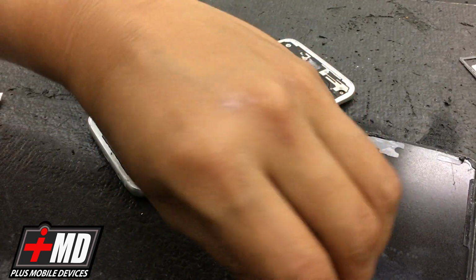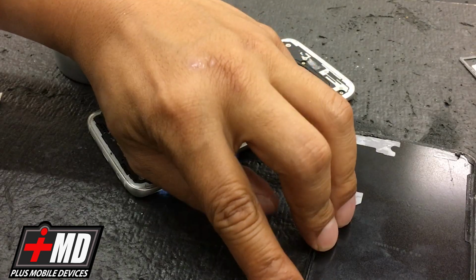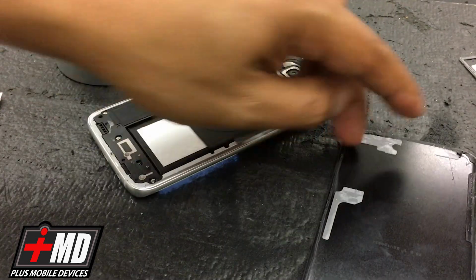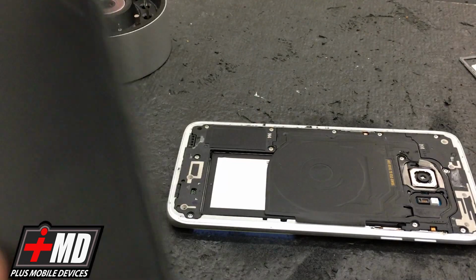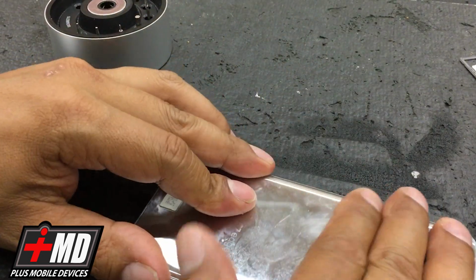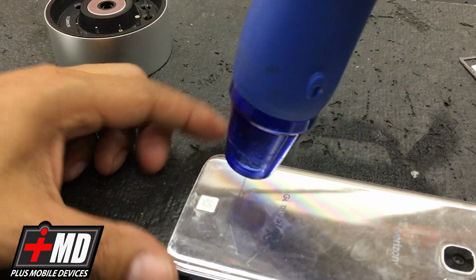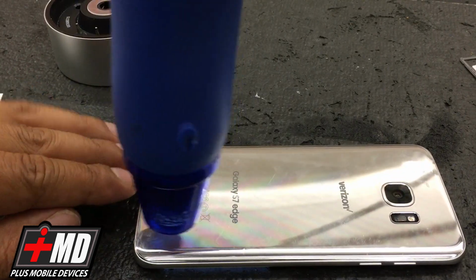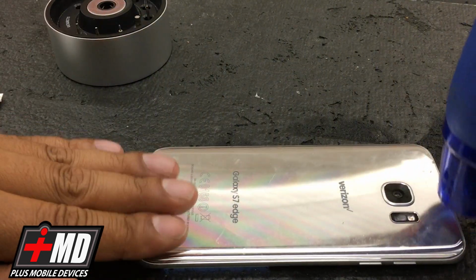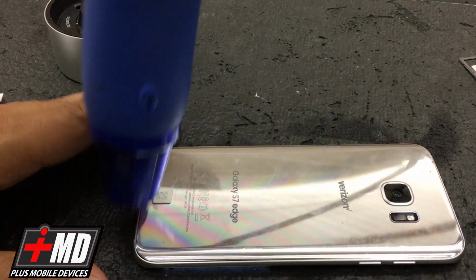The S7 is waterproof, water resistant. And we want to make sure we replace it with the same adhesive and there's no gap, so it won't lose its water resistant integrity. So now that everything is back to normal and nice and clean, let's apply this back onto the plate, back glass, and now add heat to seal it. Now we're going to reapply heat. Alright, that should be enough